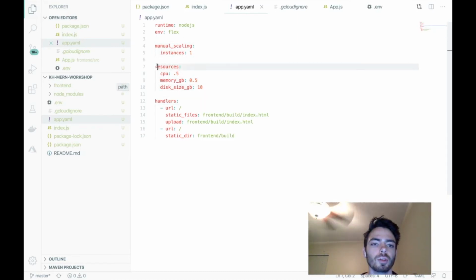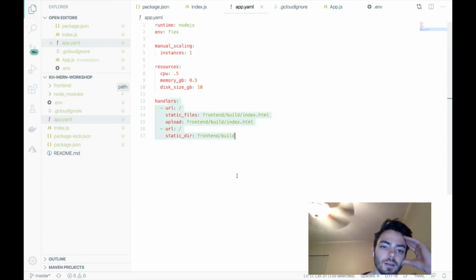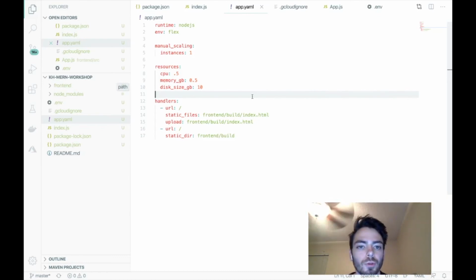So make sure that you have resources here, manual scaling set to 1 instance, your environment flex, runtime Node.js, and then these handlers for what to do with each URL. I'm not super well versed in app.yaml. This is just the file that I pretty much always use when I'm deploying a MERN application, and it's worked